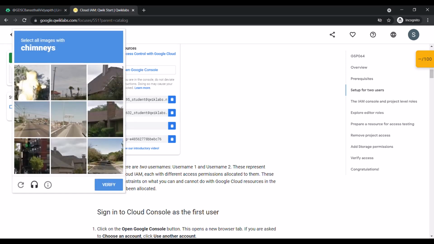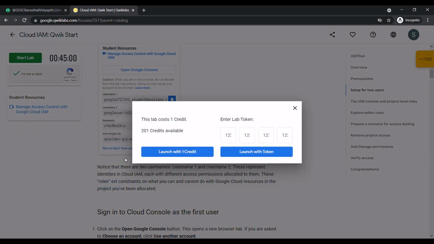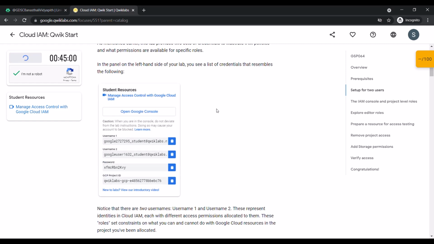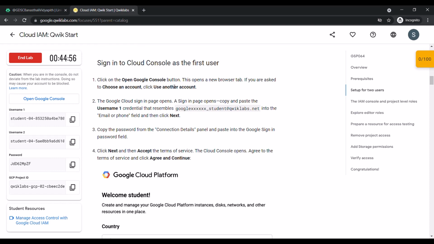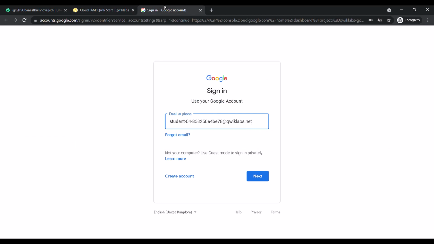We'll verify that we're not robots and we're actually humans. Now we have clicked on the Open Google Console button. Then we are here. Now we need to open the Google Console. We'll use the first username and sign in here.